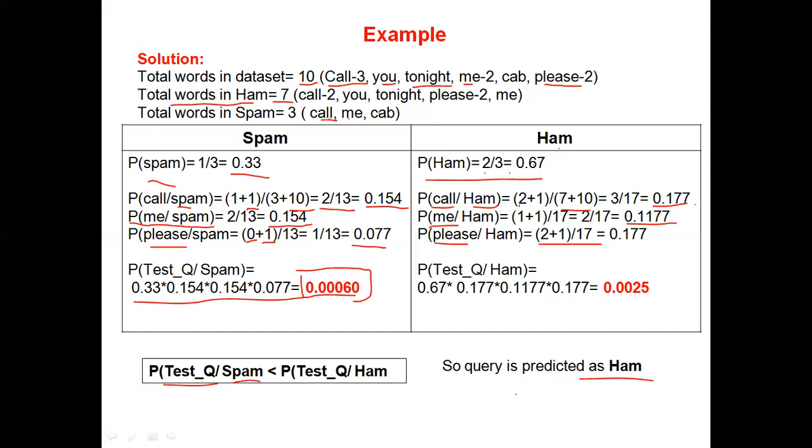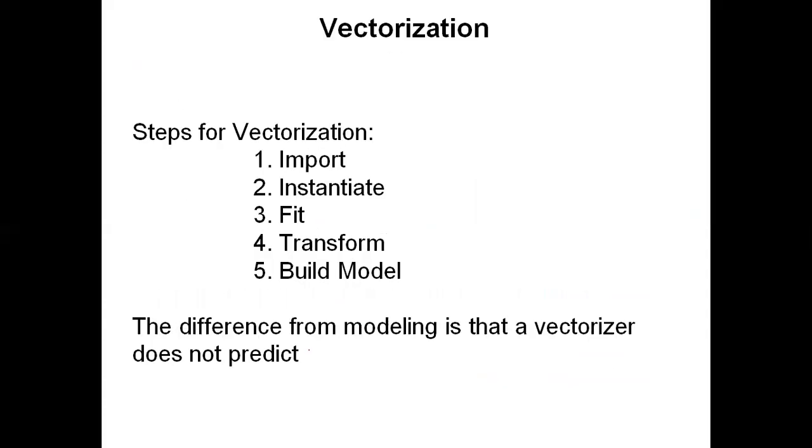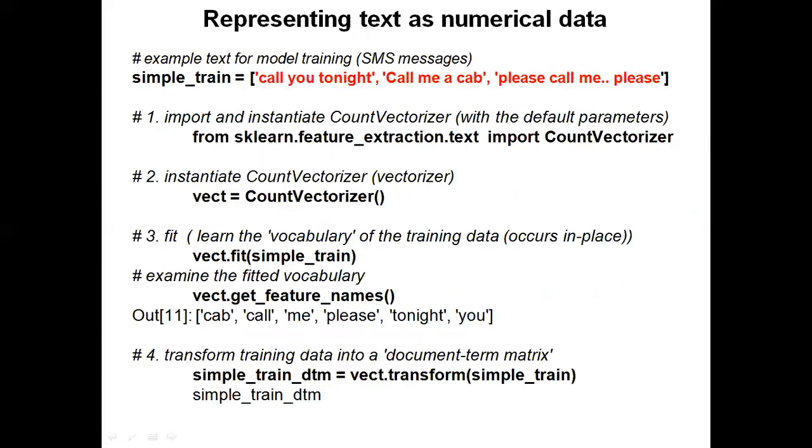The formula that we are using is similar to the general Naive Bayes classifier, only instead of the number of documents, here we are considering the number of words, the frequency count of the words. So what are the steps to convert the data set into vectors? We need to use the scikit-learn library. With scikit-learn syntax, we will discuss how you can convert your text data into vectors, and that way you can pass it to the model,